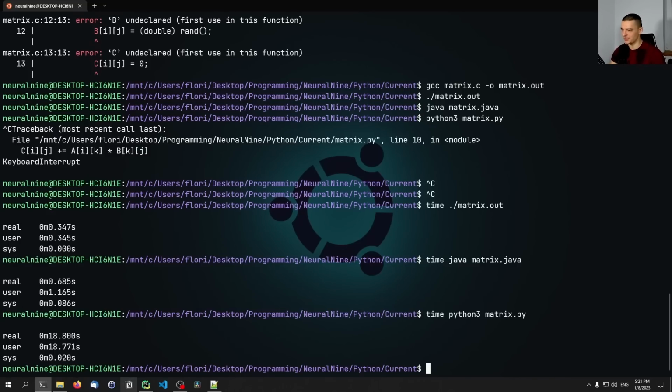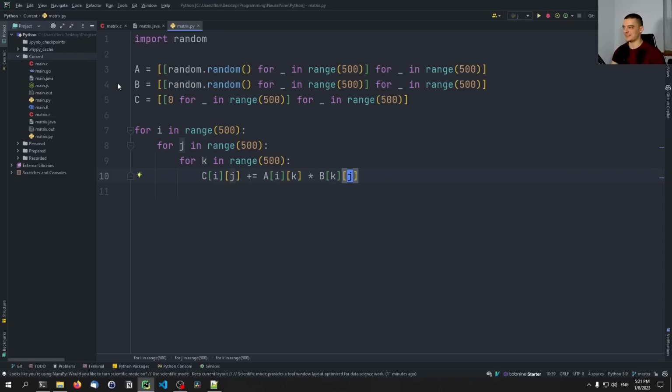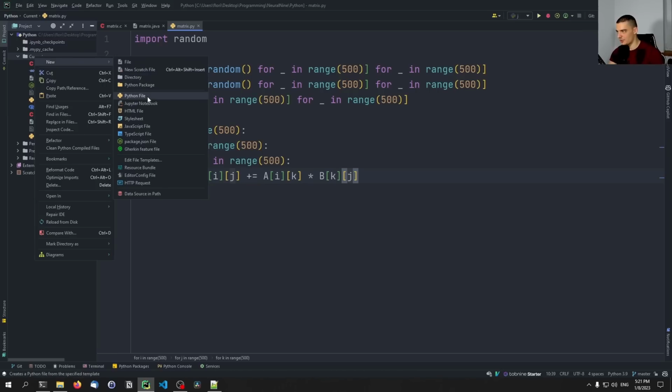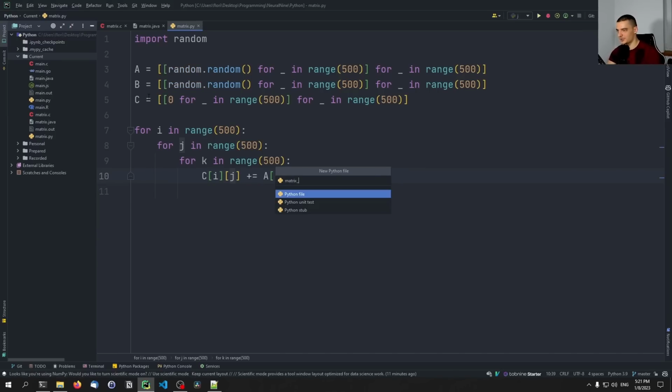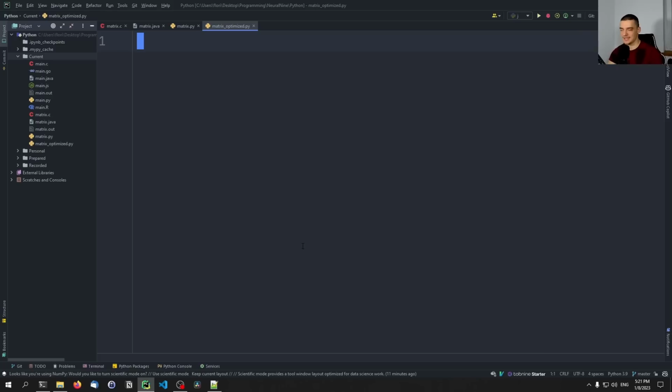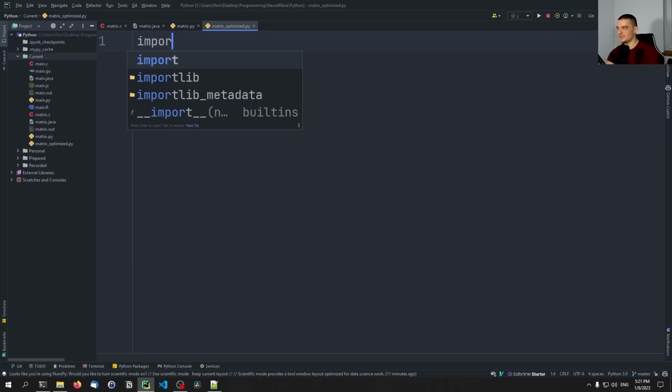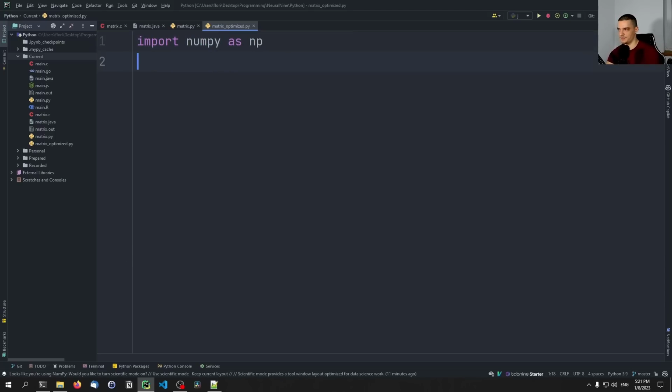This is a huge difference here, but I'm going to show you now that this does not have to be the case. I'm going to open up a new Python file here, let's call it matrix_optimized.py, and this is going to be quite impressive, because this is going to be the best solution in terms of development speed, and I'm not sure if it's going to be the best one in terms of execution speed, but it's going to be very fast. All we need to do is say import numpy as np,